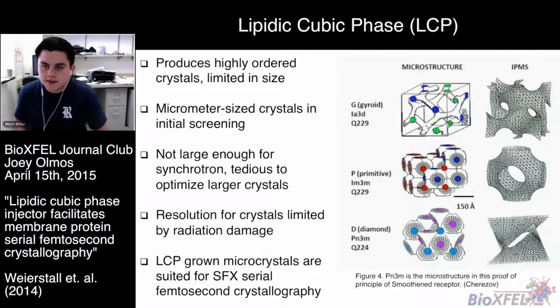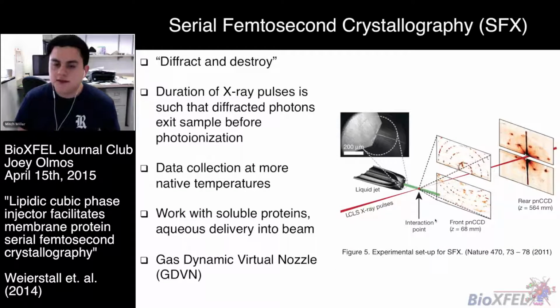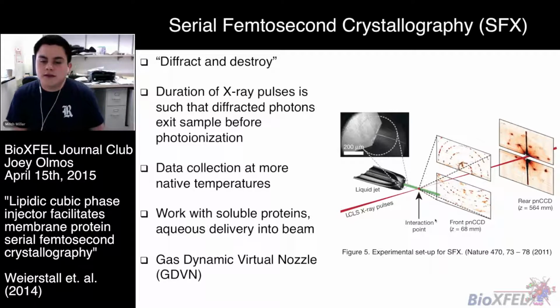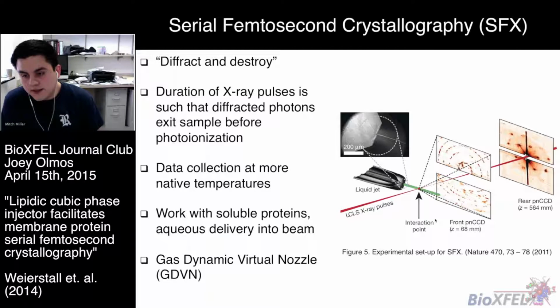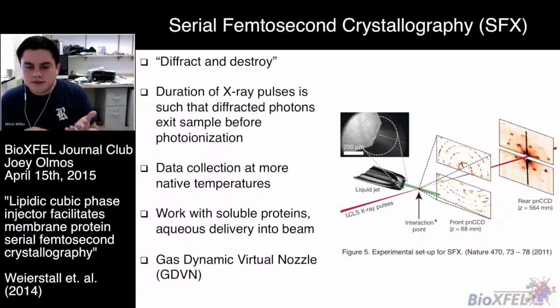So in serial femtosecond crystallography, it's this idea of diffract and destroy, where you're flying sample across the beam and pulsing, like the LCLS is pulsing, in the protein and collecting diffraction patterns in random orientations of your protein molecule. And so your molecule sample is destroyed, but the diffracted photons have already exited the sample before they've been